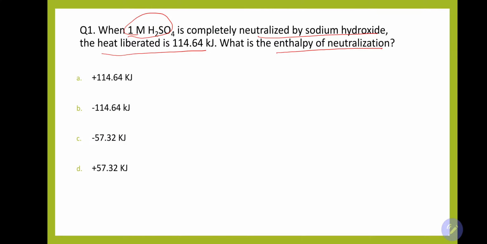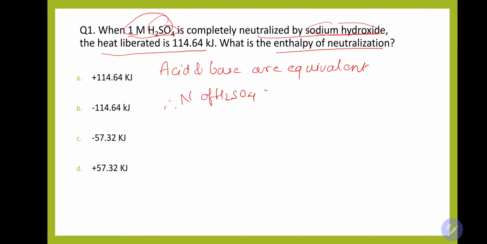can see that we have been given two reagents, that is sodium hydroxide and H2SO4. Now here sodium hydroxide and H2SO4, both acid and base, are taken in equivalent amounts. So what we can say is the normality of H2SO4 is nothing but its molarity into 2. What is the molarity? It is 1. So what will be the answer? It is 2. So basically 1 molar H2SO4 is equal to 2 normal H2SO4,